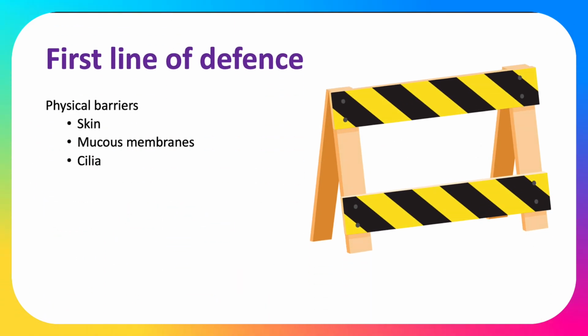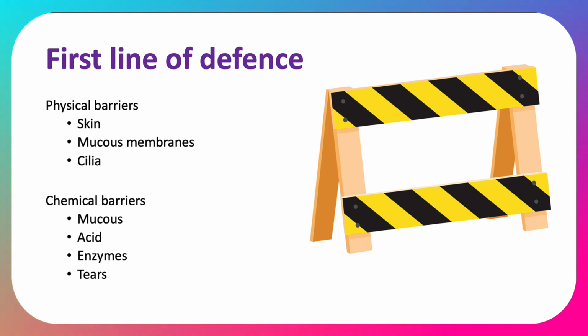So the first line of defense then, it's the physical and chemical barriers that prevent pathogens from entering the body. So remember, a pathogen is a pathology generator. It's something that can cause disease, cause infectious disease. So first of all, we've got physical barriers that actually stop them from entering. Skin, mucosal membranes, they're like if you open your mouth, it's like that pink lining inside your mouth. It's like skin, but it's a mucous membrane.